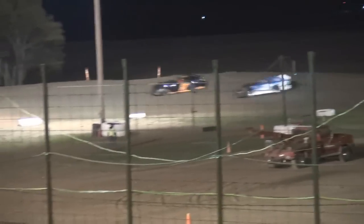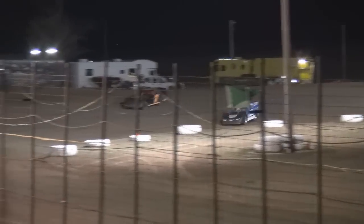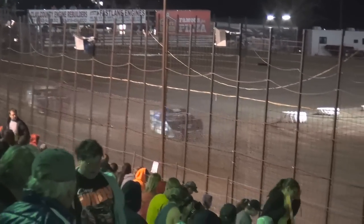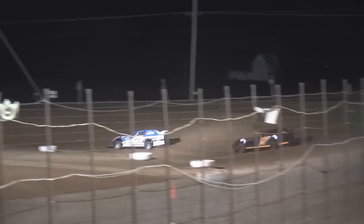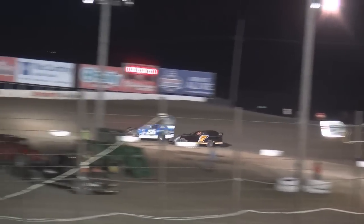Coming off of turn number 4, going down the front straightaway, your leader, car number 98 of Austin Johnson. But here comes Brown, back on the inside of Wilson. Drag race, it's Brown up to the second place position. Brown has it for now, but look at how Bud sets that car up. Bud's going to dive on the inside. Donnie closes the door. We're going to be side by side as we come down to turn number 3 as